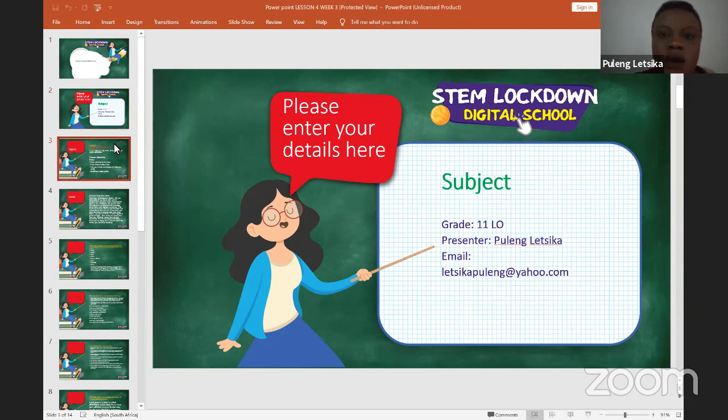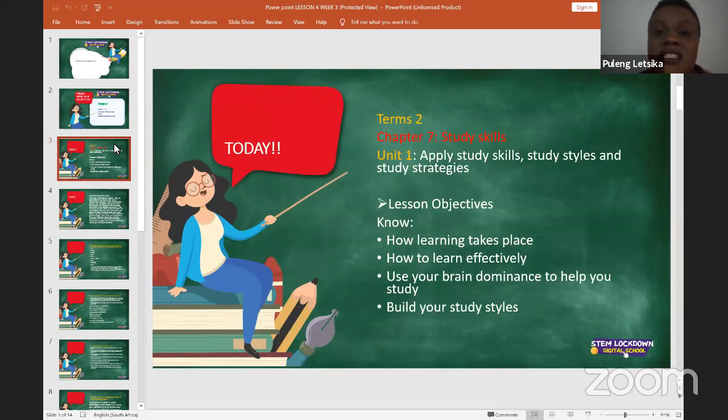Now on to our first slide. We started the lessons last week, Tuesday, and we started with a bit of a recap from last term's work. So we're a bit behind. We're going to start with term 2 work today, and we're starting with study skills. So our lesson objectives for today will be how learning takes place.